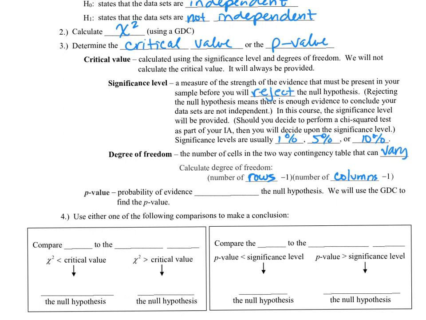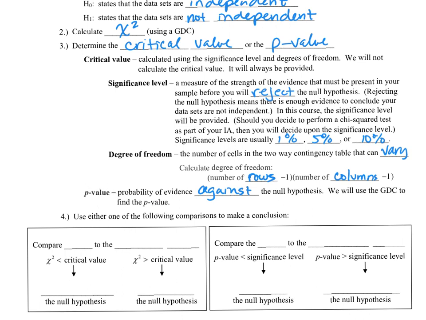Now, in the chi-squared test, there'll be another value we may need to consider, and that's called the p-value. The p-value is the probability of evidence against the null hypothesis. Again, we won't ever have to calculate that p-value. We'll let the calculator do that for us, but there might be some times when we need to use that